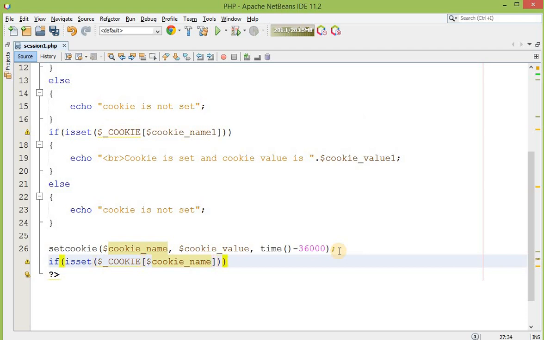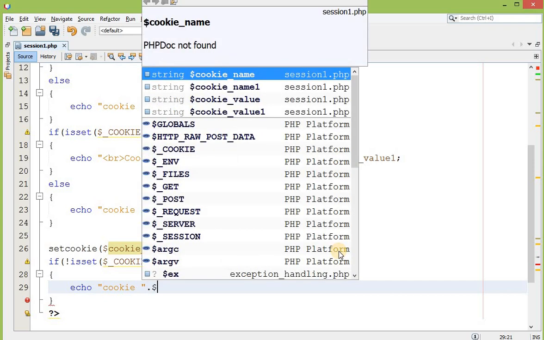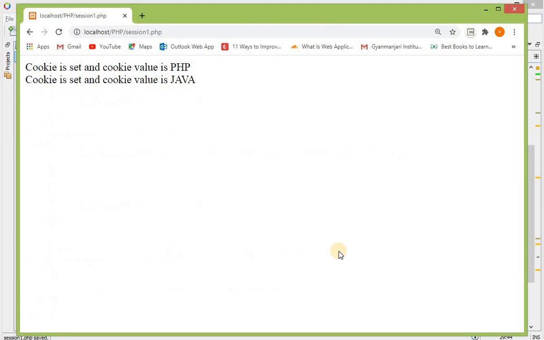If it is not set, then echo "cookie $cookie_name is not set now". I can say it is reset. Save this, refresh this page. Okay, you can see this cookie is not set.